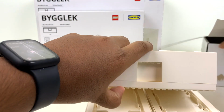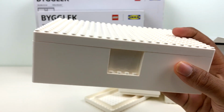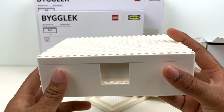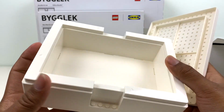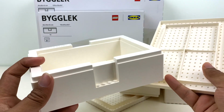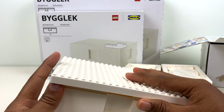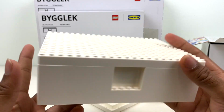Alright, so here is our first round of boxes, and honestly, I expected these to be thicker. They're a lot thinner than I expected. They're much more LEGO-like than I expected, to be perfectly honest. Because I look at these and they seem very IKEA-esque, but they're really interesting in that way, because